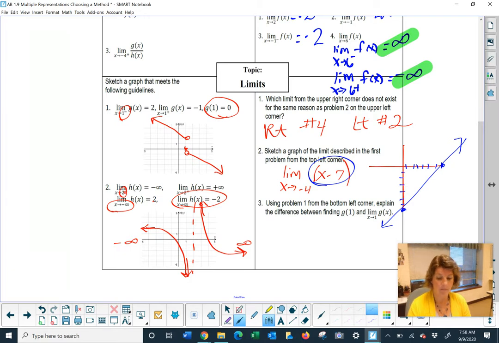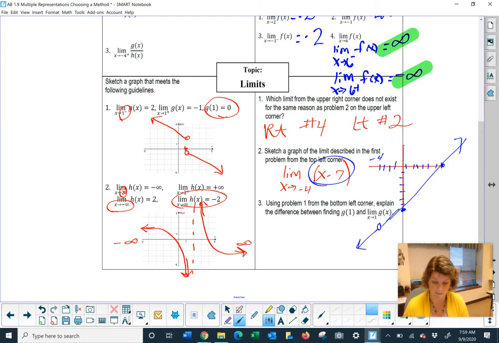But that's not all, because we had a hole described at negative 4. Yeah, we have a hole at negative 4. I need to keep on going here. So 1, 2, 3, 4, negative 4. Open this up and insert a hole. So it's a linear function with a hole at negative 4, because negative 4 is not in the domain for